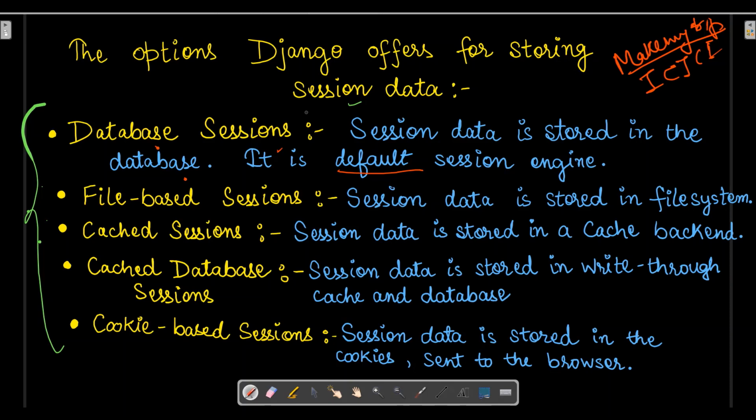Now the other one is file based session. Here instead of database, file system will be used. Then comes cache sessions. Here the data is stored in a cache backend like Redis cache.